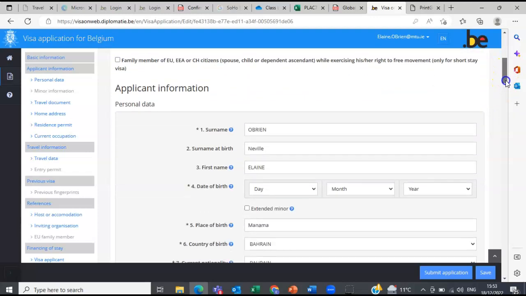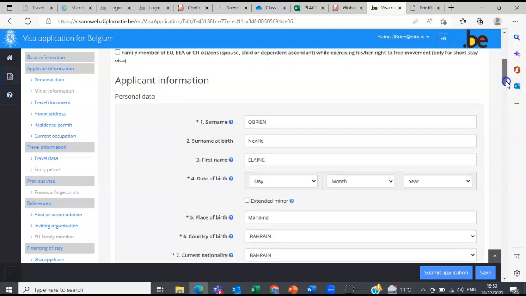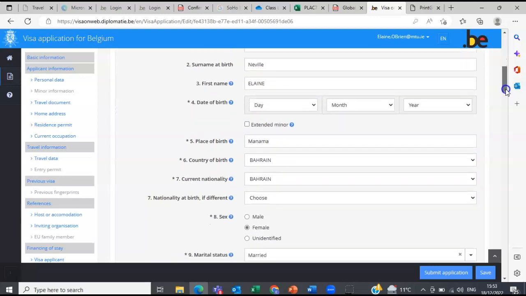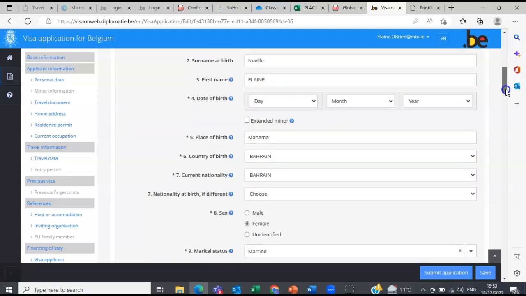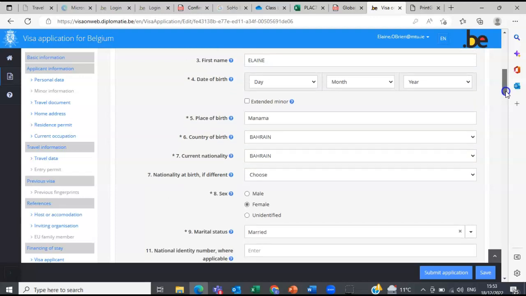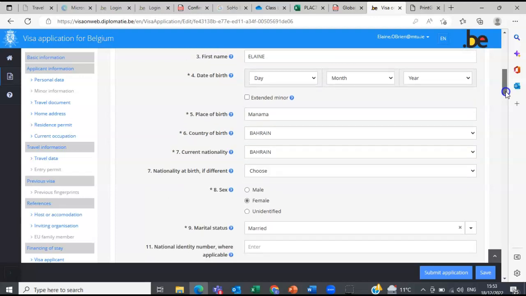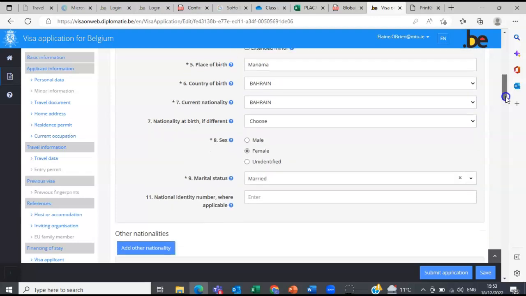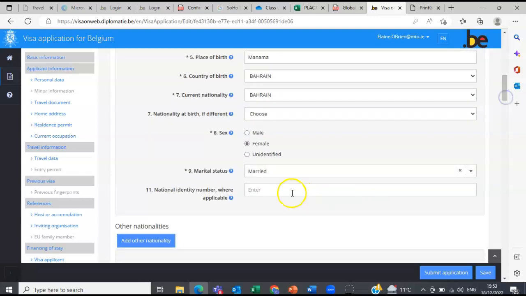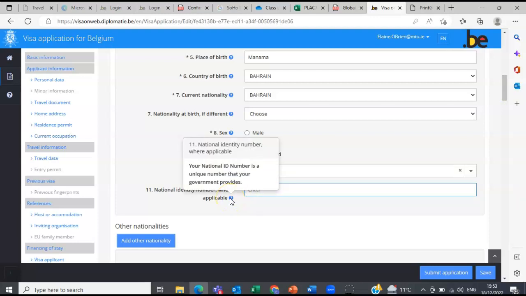So your applicant information is your standard information: last name, first name, your date of birth, place of birth, country of birth, and your current nationality, your gender, your marital status, and then your ID number from your country. These little things here will give you the information. So your national identity number is a unique number that your government provides. Okay, so this is not your Irish